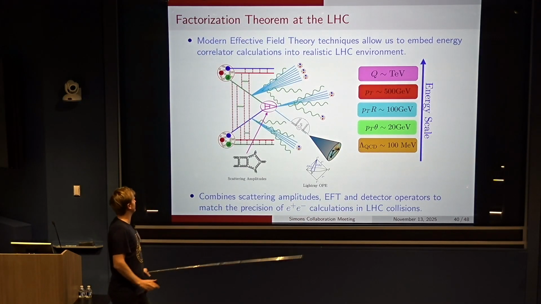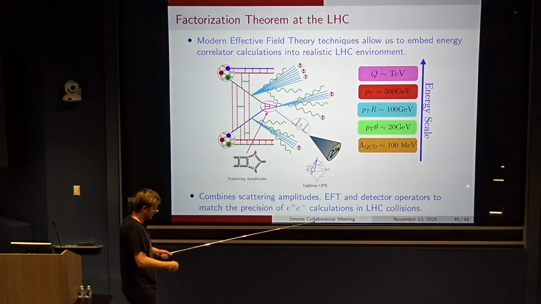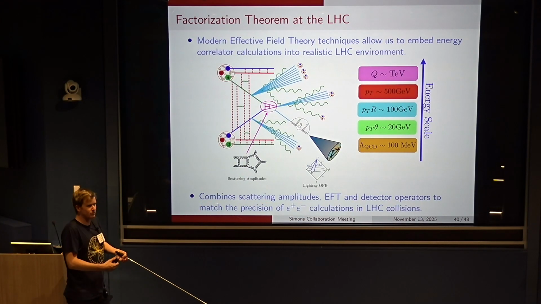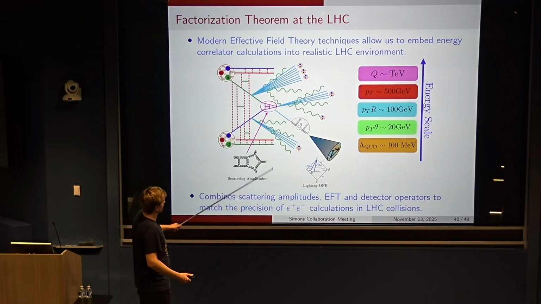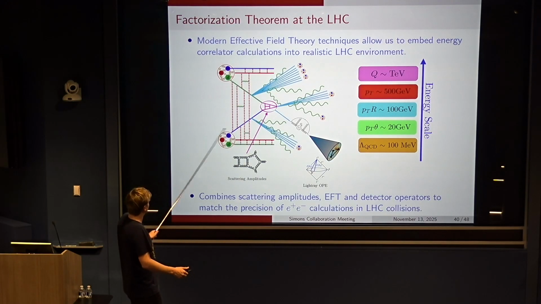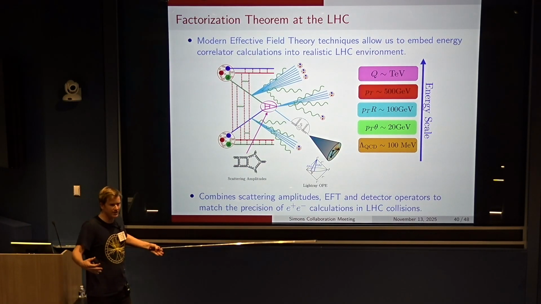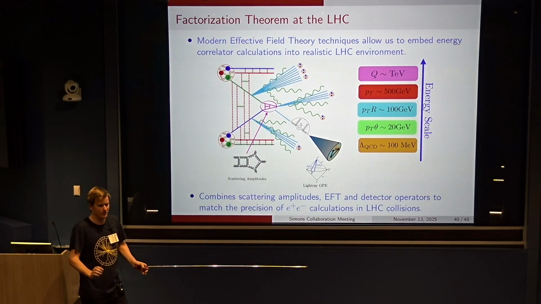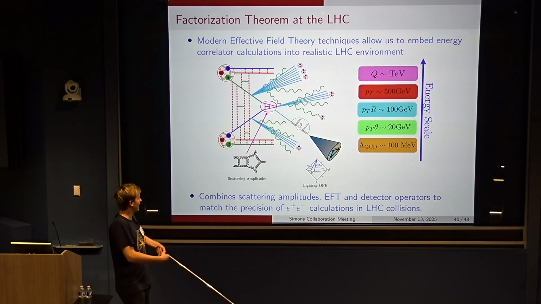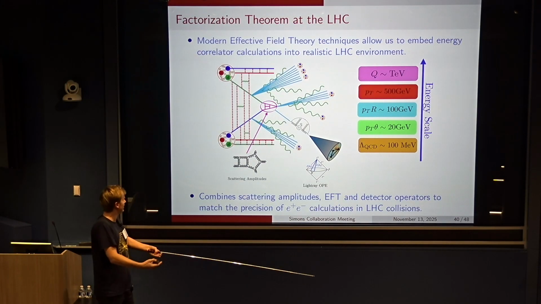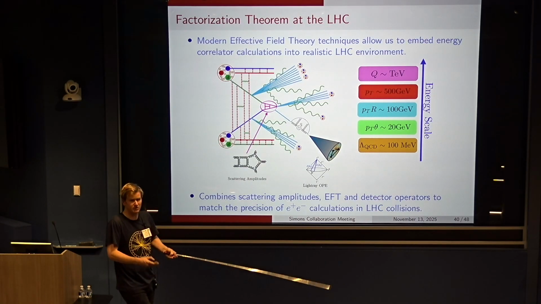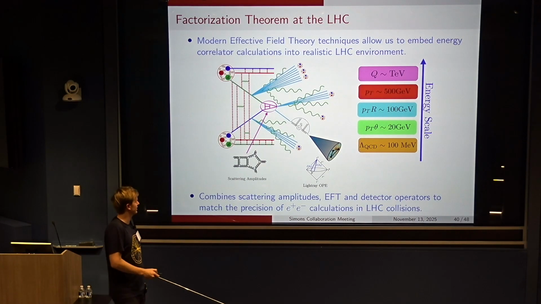I won't go through the whole detail, but the fact that this is possible is really due to huge advances in modern effective field theory techniques, which allow us to combine this nice picture from the conformal field theory side of the light ray operator product expansion through some anomalous dimensions, ultimately with underlying scattering amplitudes. And so we can combine the UV and the IR to make very precise predictions for what is going on in these real-world hadron collisions. In fact, in this limit, we're able to match the precision of our calculations of these earlier e+e- calculations, because now we can do it at much, much higher energies, which is very exciting.